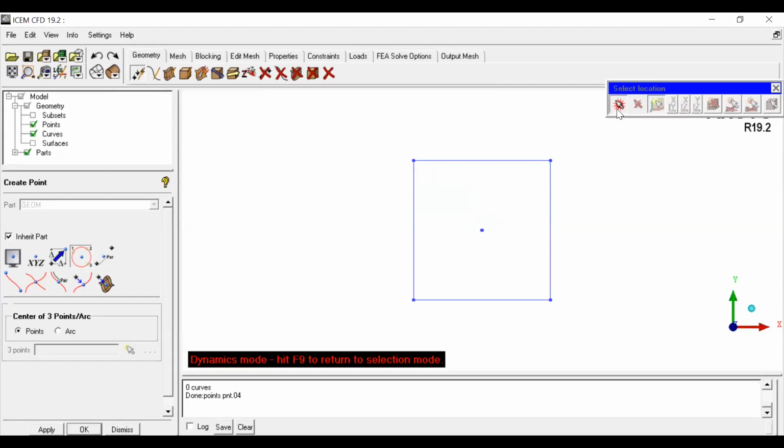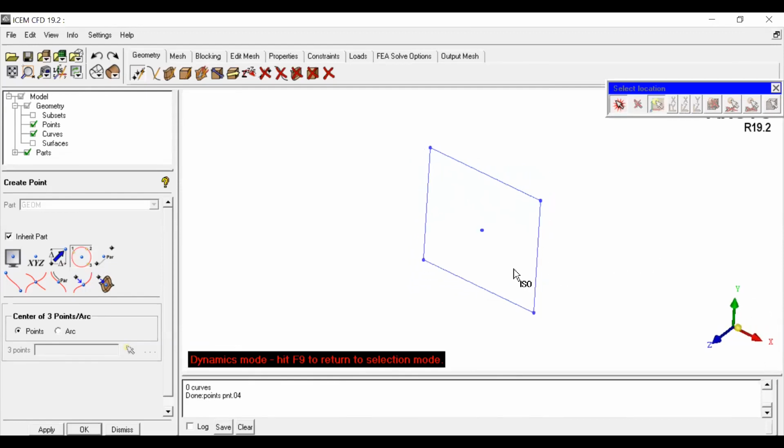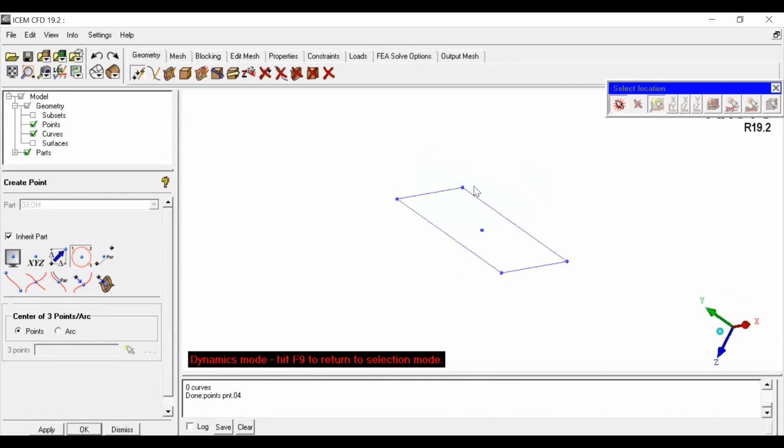If I click it on again, the arrow mode will be turned into plus mode, which means cursor mode. That means currently I am in this center of 3 points mode. It will be helpful to operate in between. Suppose I temporarily disabled it so that I can view the geometry. I can scroll by using a long press of the left button.